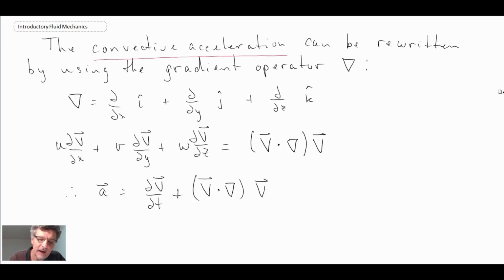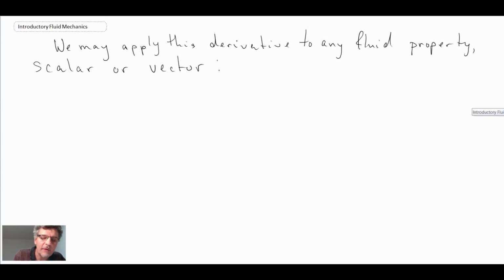What we just looked at, we applied to a vector and obtained the acceleration, but we can also use the same operator and apply it to any of the properties, scalar or vector. And so we will express this as a little d with respect to t, of some arbitrary property, so it could be a scalar or a vector, and that would be equal to the partial with respect to time